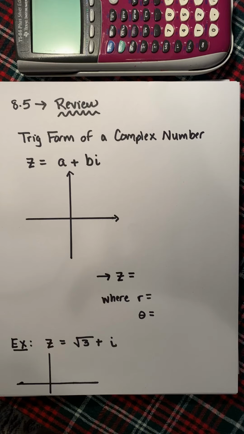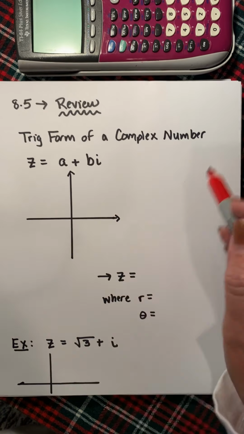Just a reminder what we talked about last time in 8.5, trig forms of a complex number. So we can do really cool stuff with complex numbers if we put them in trigonometric form. So just a reminder, if we have a complex number of the form a plus bi, we can plot it in our